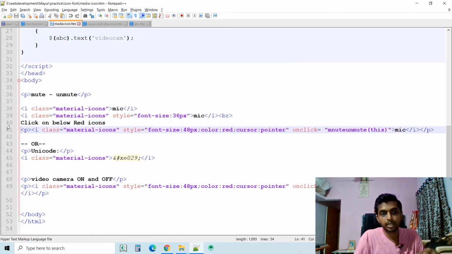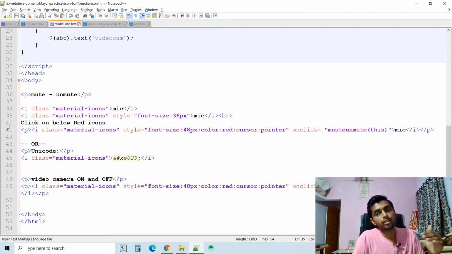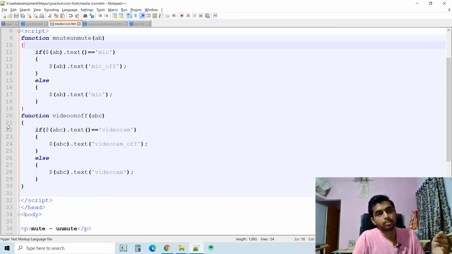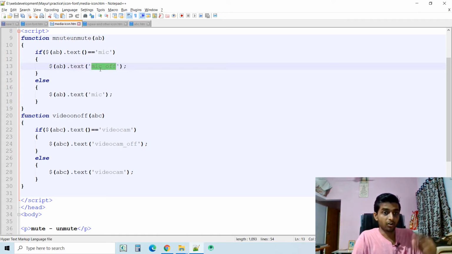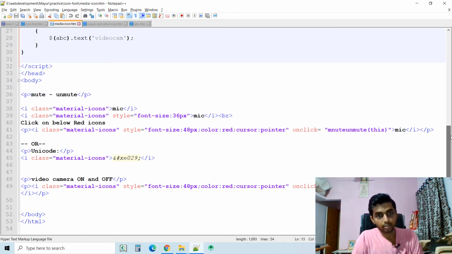If you see these Material Icons here, I am applying them, and simply applying an on click change icon function. Nothing else. On click, mute and unmute. If I go into this small function, I am just changing this text to mic off. Mic off is the icon text for the particular class.